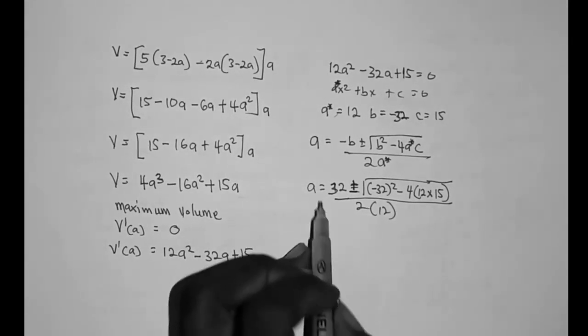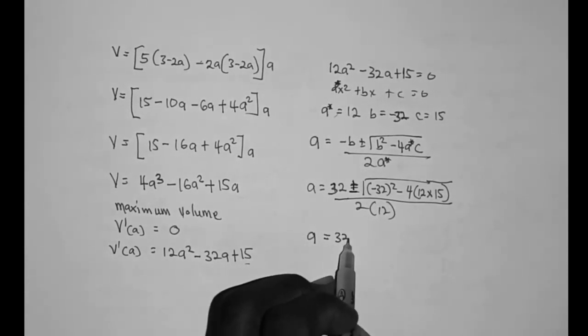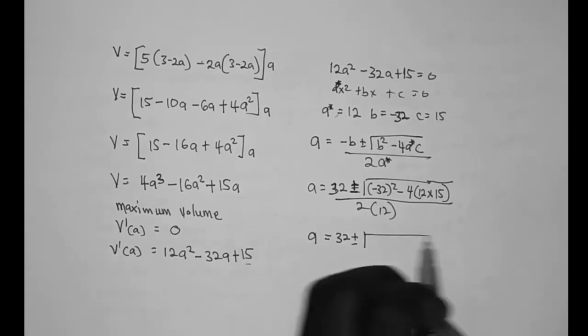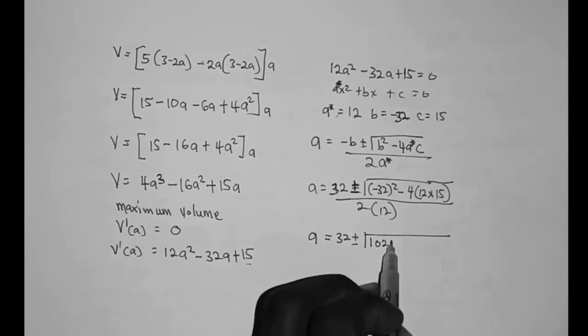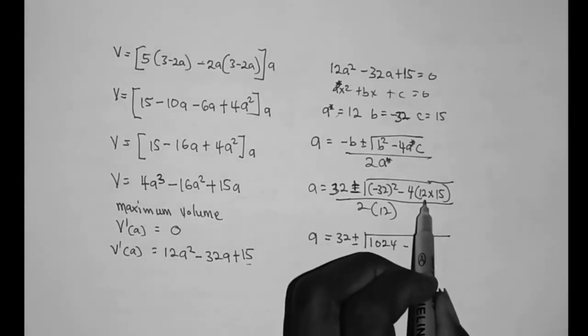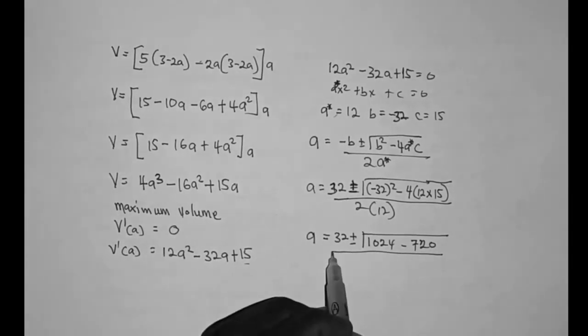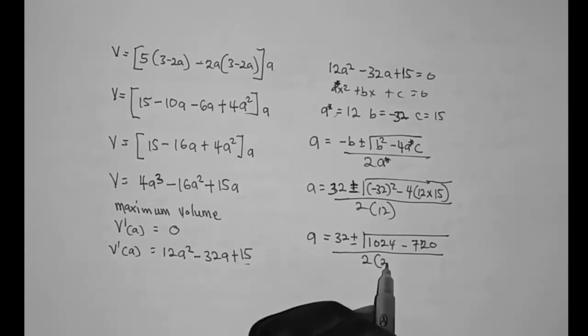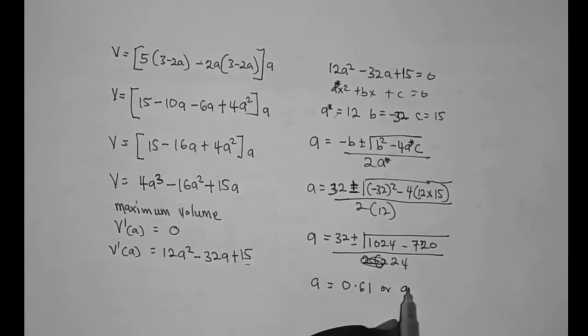So if you carry on, you find that a is equal to 32 plus or minus the square root of minus 32 squared, which is 1024, minus 4 times 12 times 15, which is 720, divided by 2 times 12, which is 24. So the values of a are a equals 0.61 or a equals